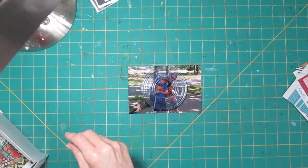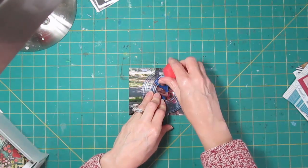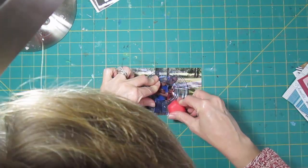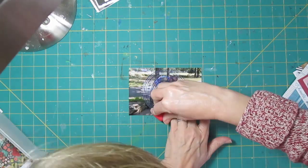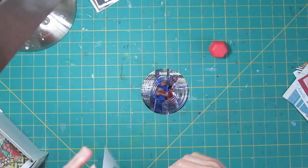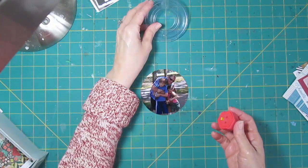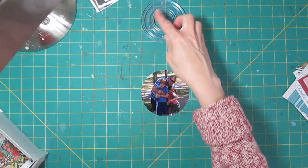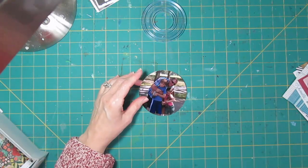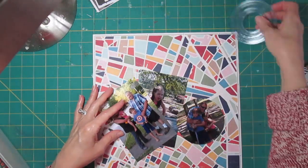Circle cutter up. I'm going to use the smaller one. I think a couple of years ago, Creative Memories was back to selling this stuff, or at least the cutting blades. I haven't replaced mine. Well, I've replaced them before, but I haven't replaced them in recent years. Okay, so there's a great round photo, and I'll just leave this out because I can use one of the bigger cutting blades to cut a mat for it if I want one. So now, I'll have to cut the border off, but now we have 3 photos,